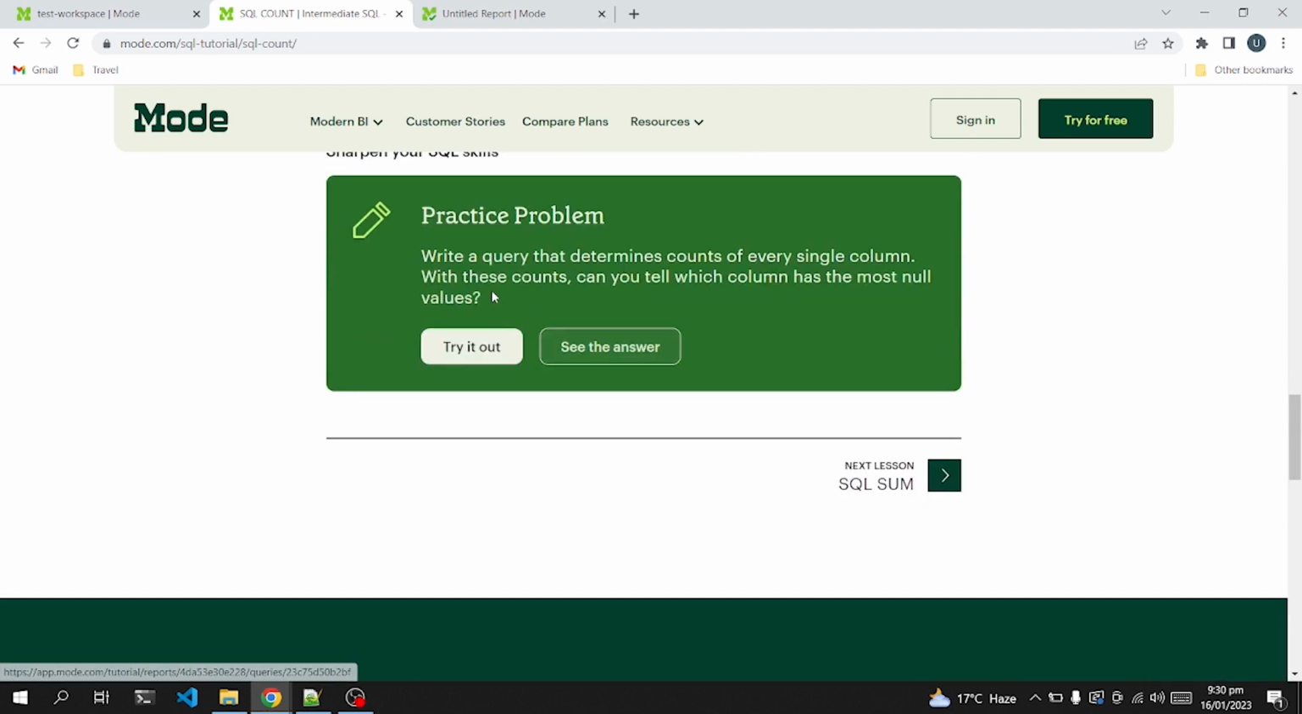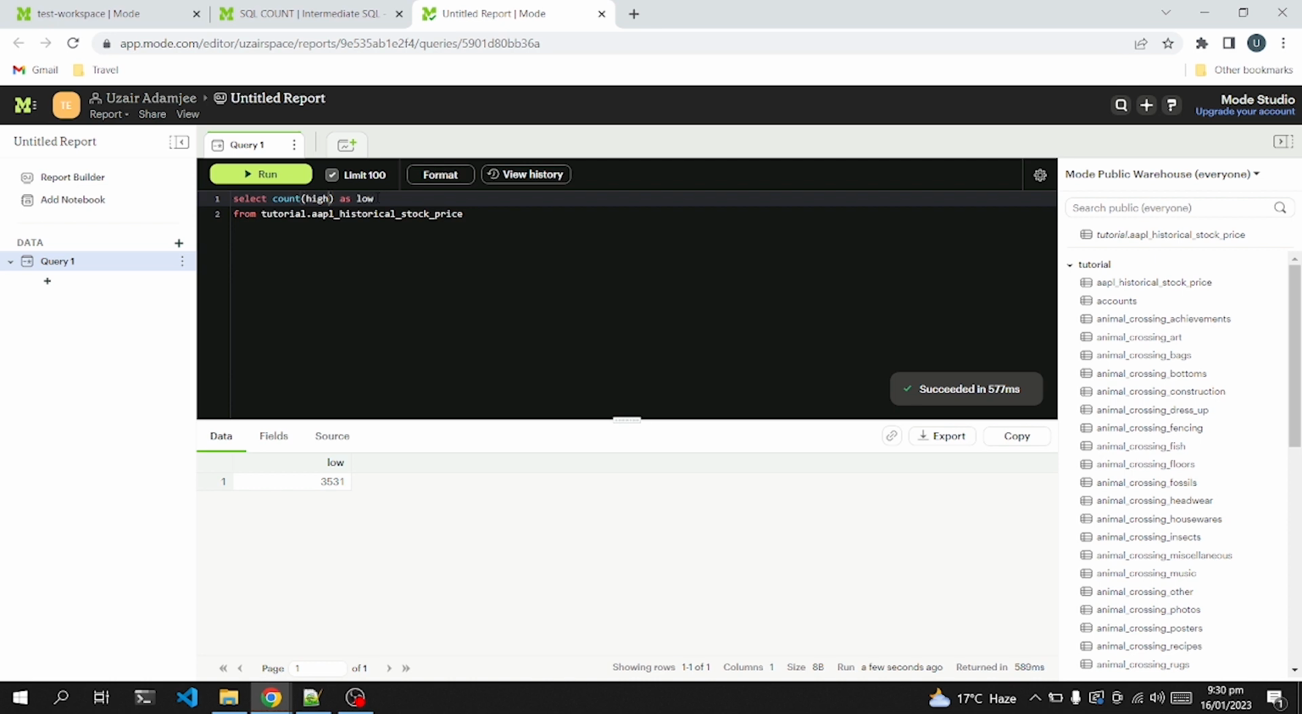The next problem states that write a query that determines and counts every single column. It means we have to write a query and count each of the single columns. And with these counts, can you tell which column has the most null values? Okay, let's try it out on these columns. We have already done it for low. Let's try it on